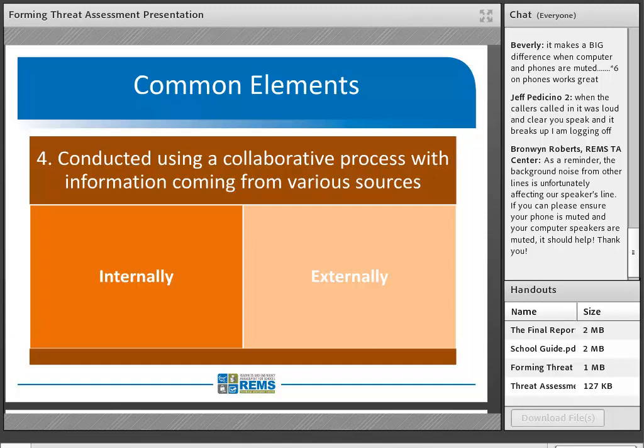Externally, given the size of our division, as you said earlier, we have 94 schools and over 85,000 students. The external collaboration occurs primarily at the central office level. An example of one of the things that we've done is we have developed an information sharing protocol with law enforcement that is outside of our MOU formalizing the relationship, that is specific to the schools carrying out